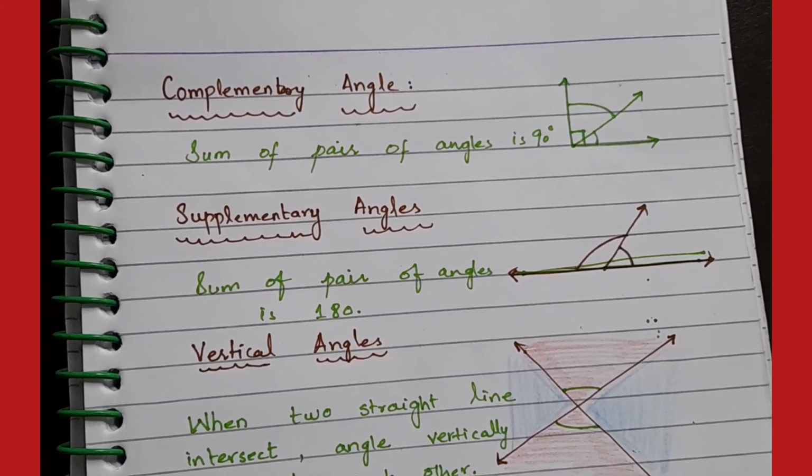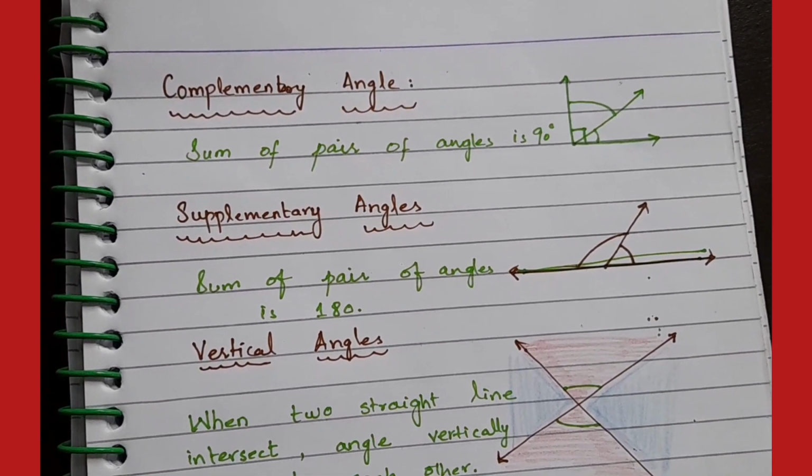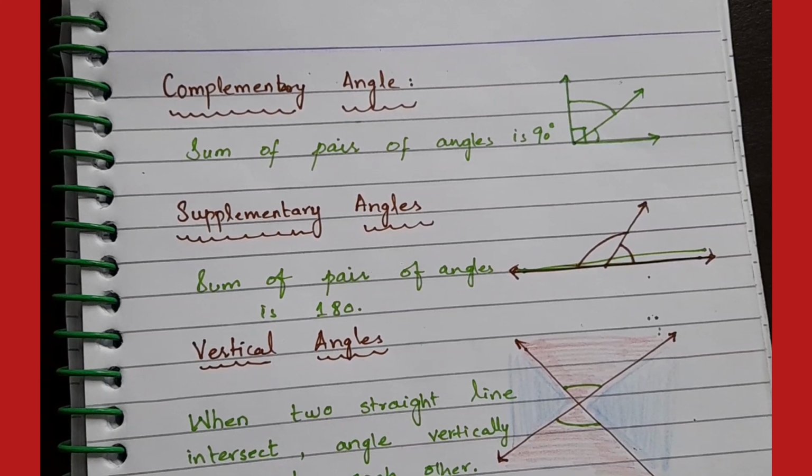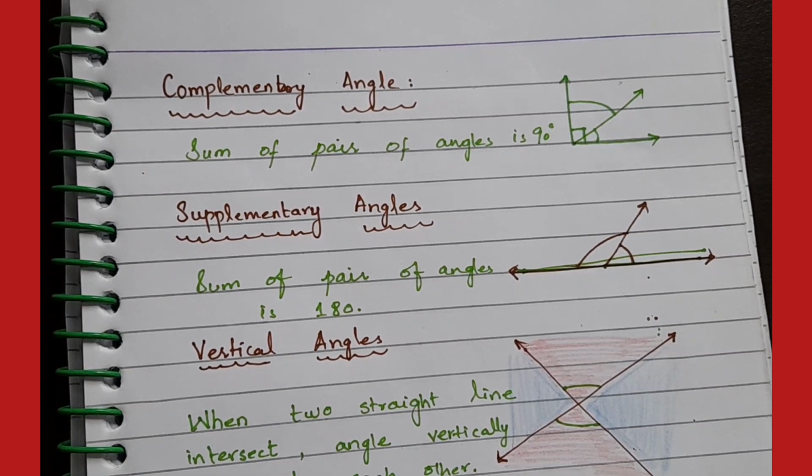So today we will learn about complementary angles, supplementary angles and vertical angles. So what are complementary angles? A pair of angles, if the sum is 90 degrees, is called complementary. For example,